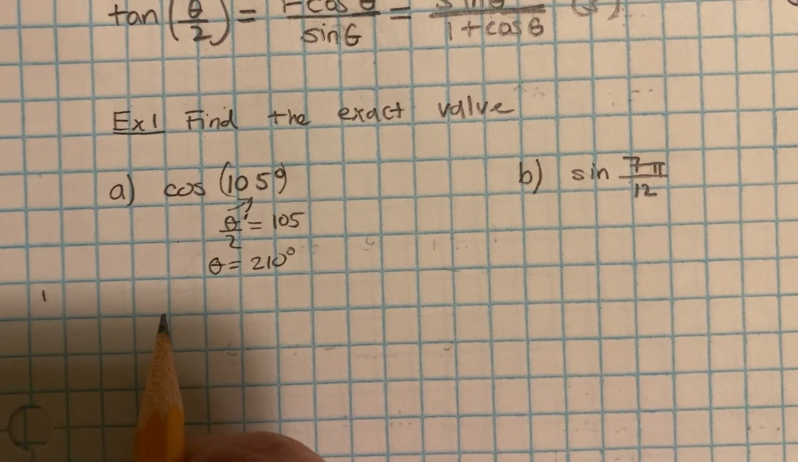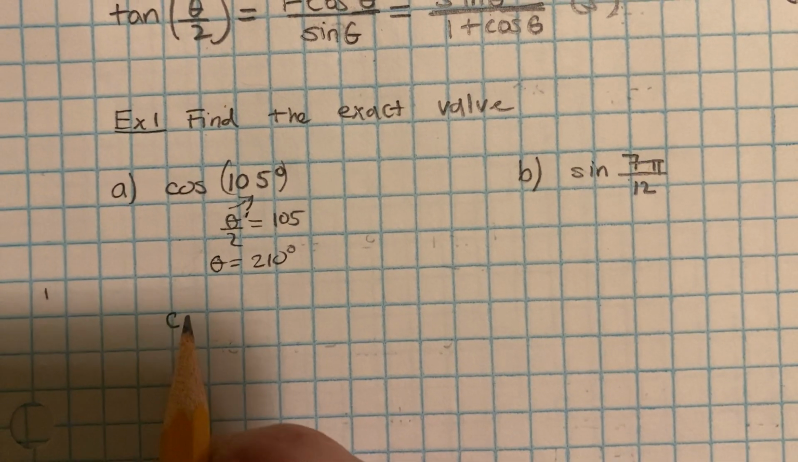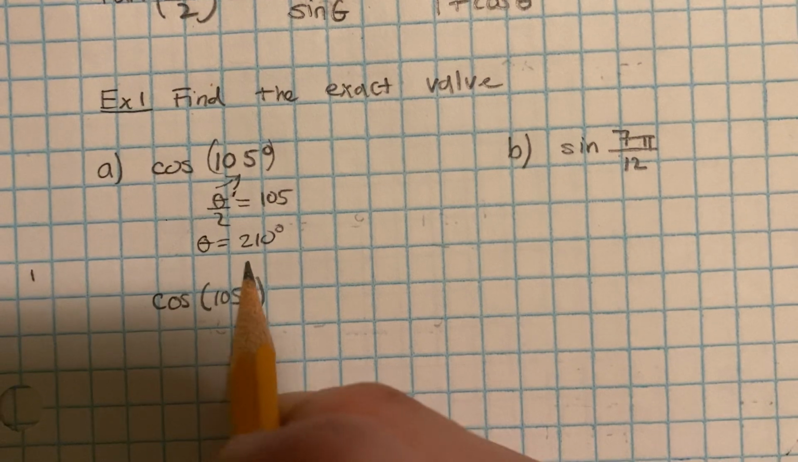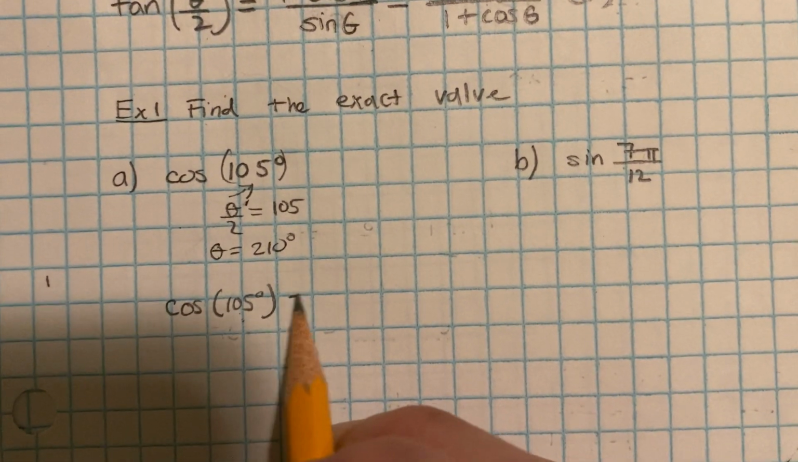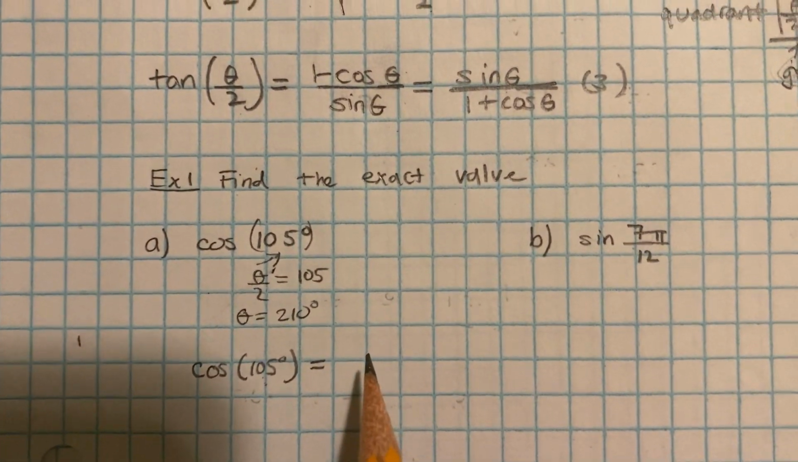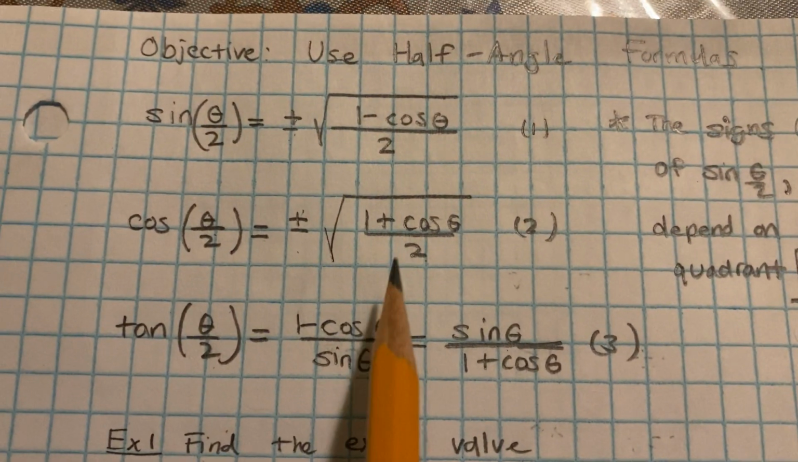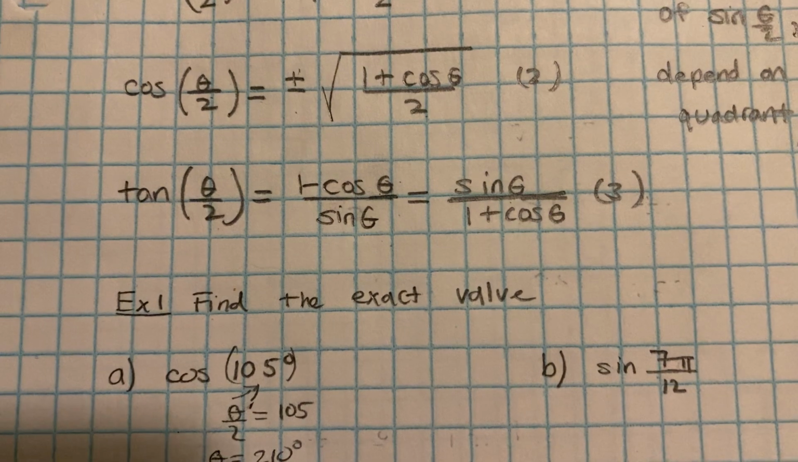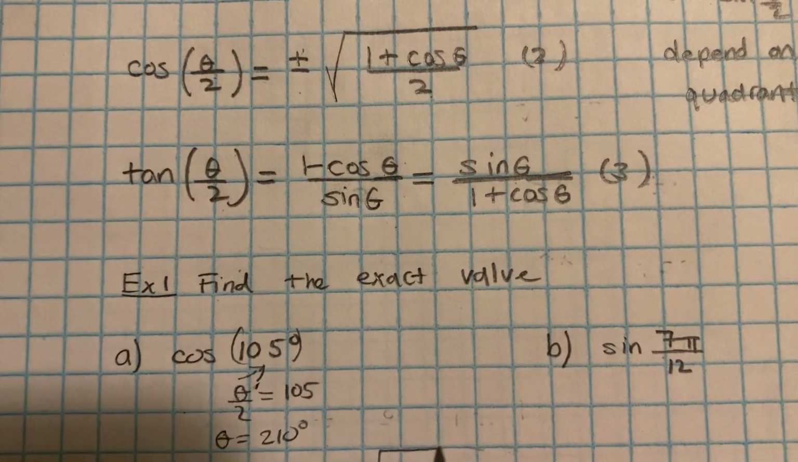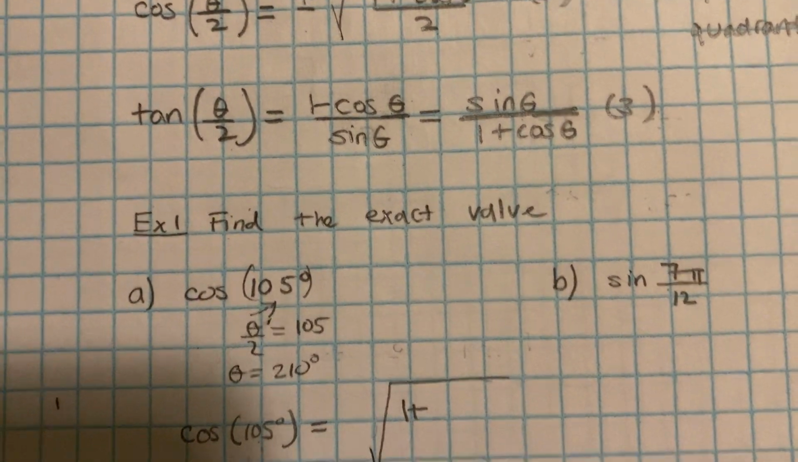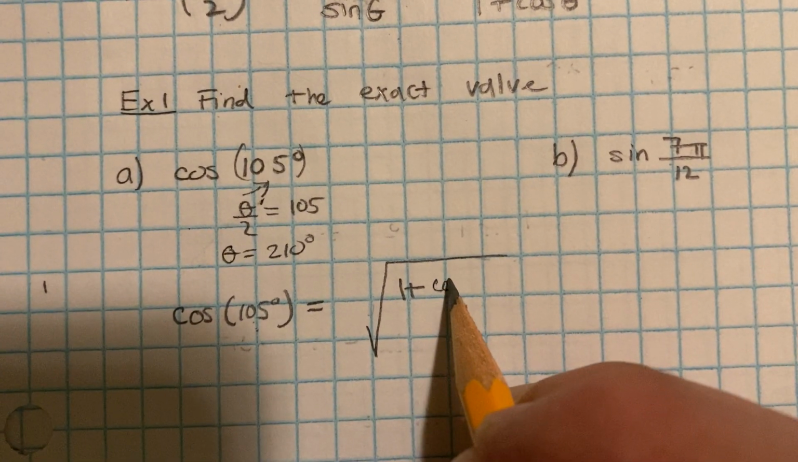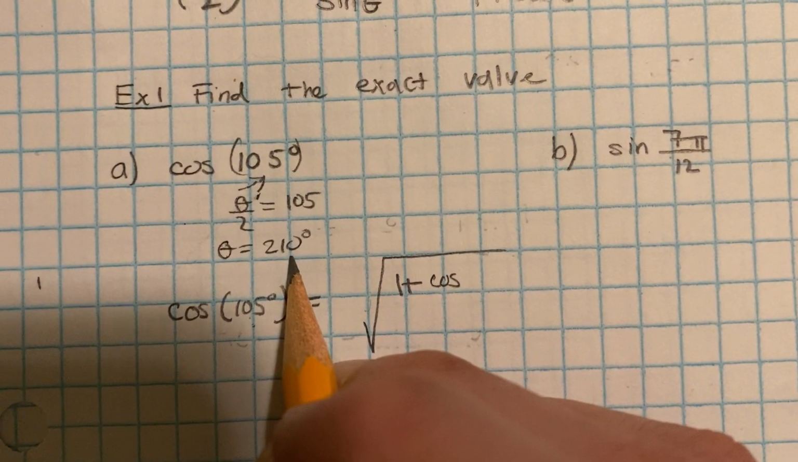So now I can use my half angle formula, which says that cosine of 105, keep in mind this is your theta over 2, is equal to, if I look at my formula again, the square root of 1 plus cosine theta, and in this case, I'm going to take the cosine of 210,